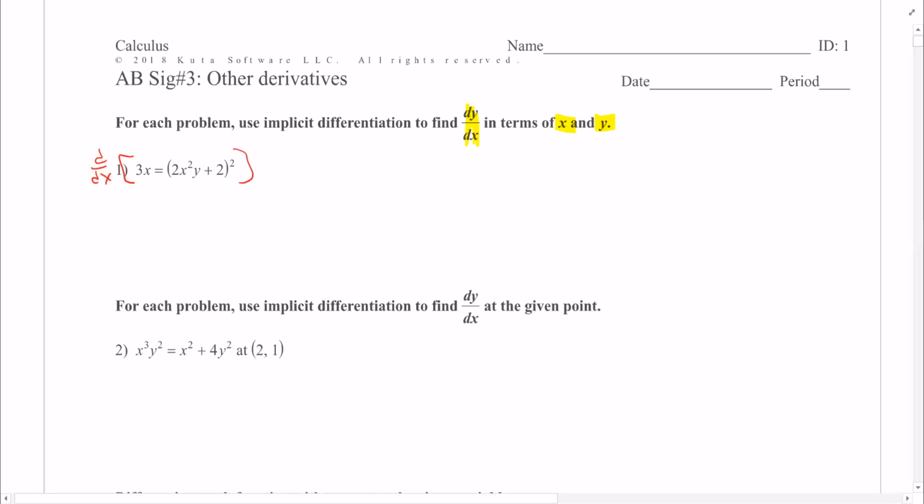The derivative with respect to x of 3x is 3. And then on the right-hand side, we're going to need to use a little bit of chain rule. So it's 2 times the inside times the derivative of the inside. So to take the derivative of this, we're going to need to use